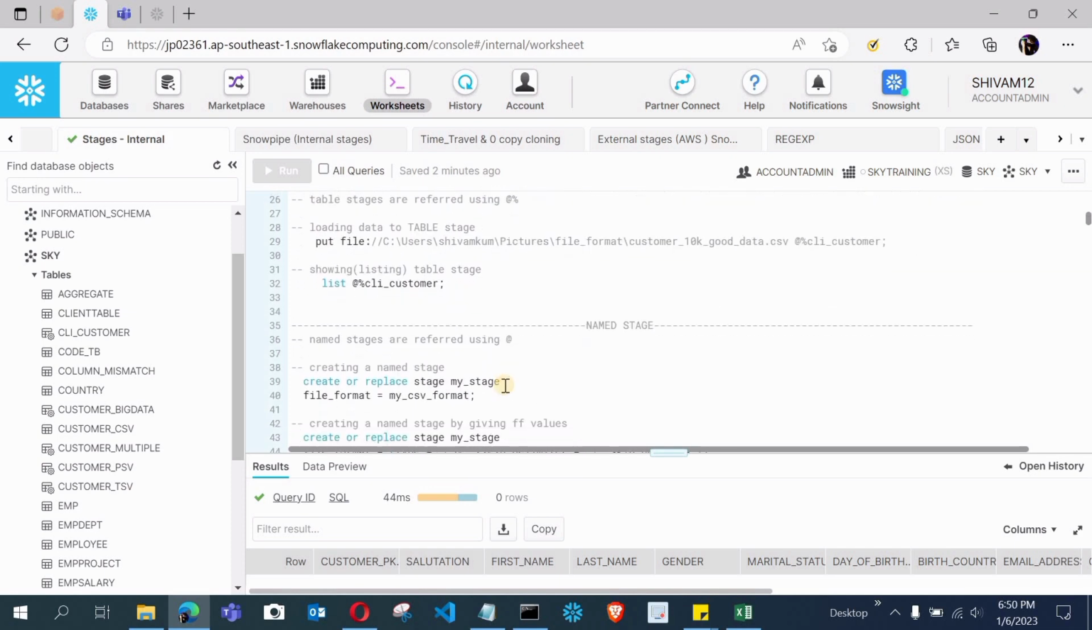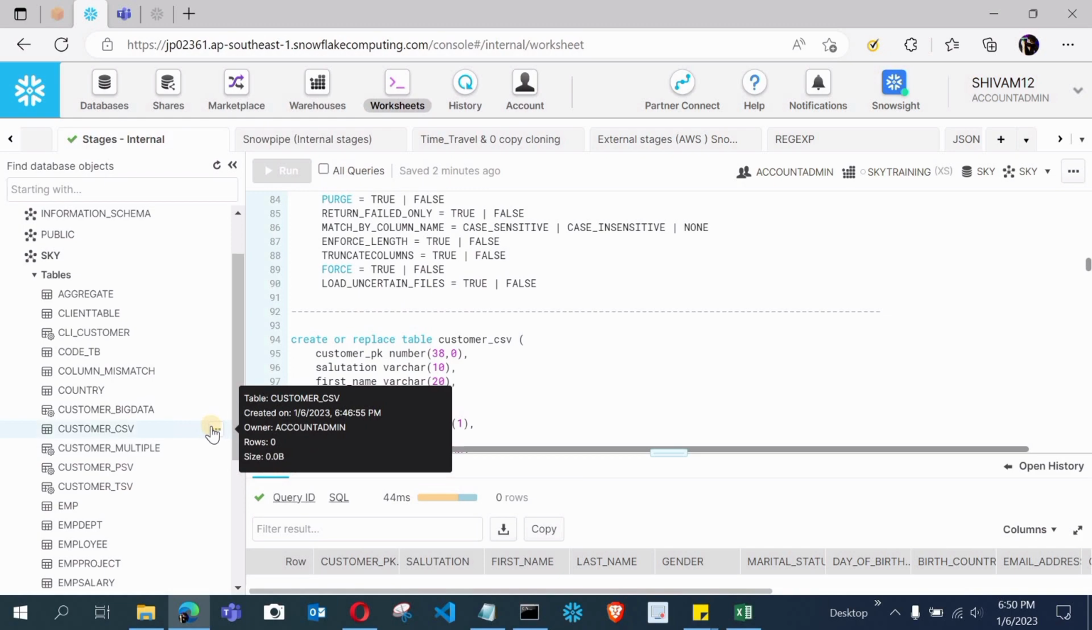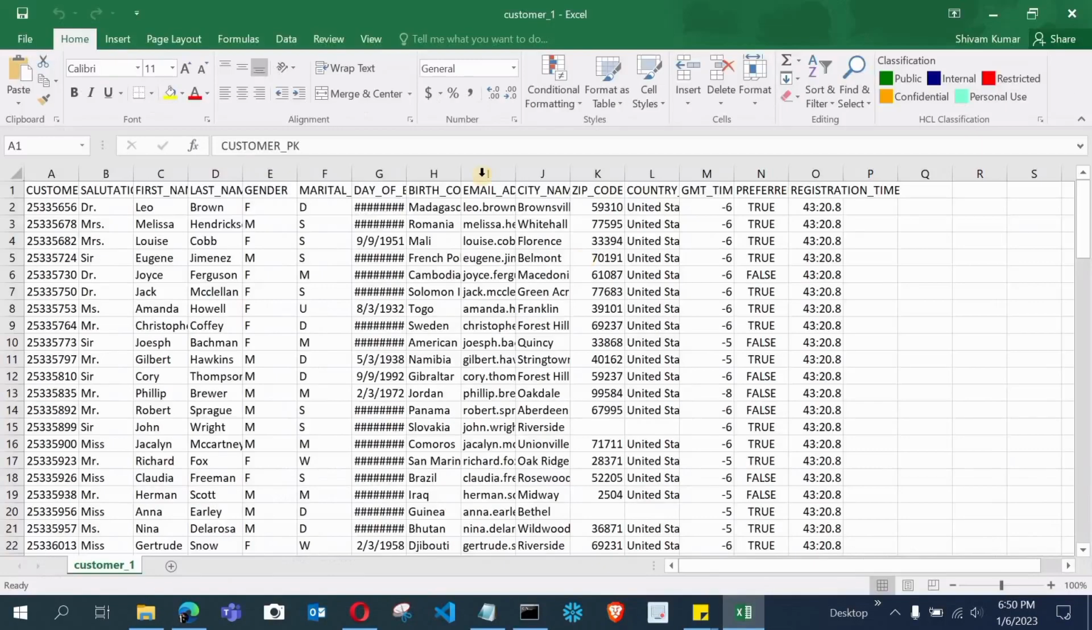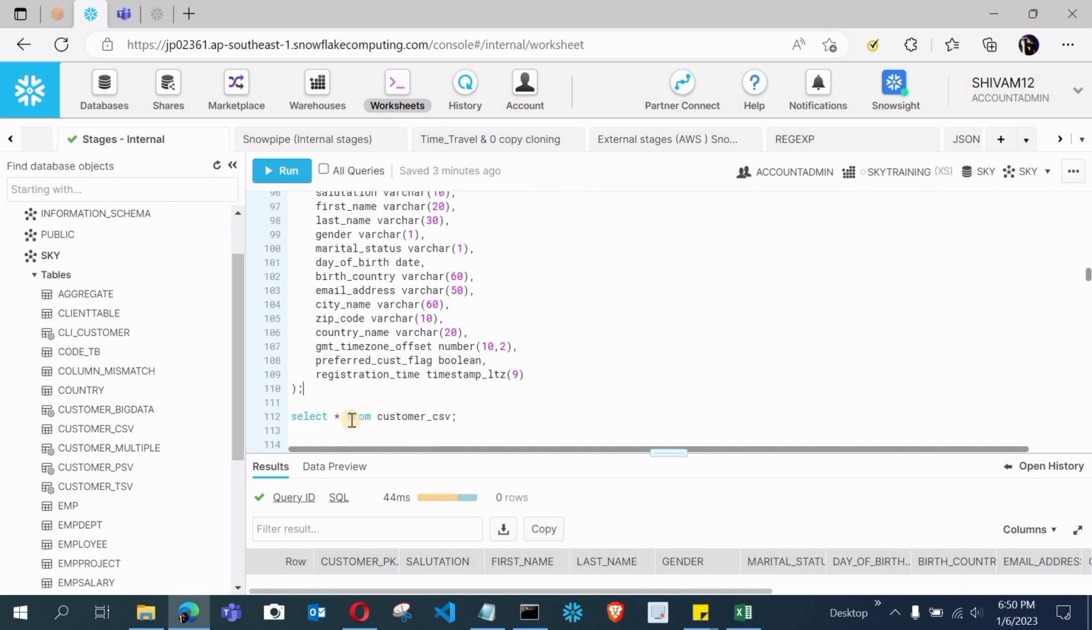Now my table is also ready. You can see this is my customer_csv table, and this is my customer.csv file, and I want to load this data into this table. For loading we have two methods. We will see the first method, the query part, first, and after that we will discuss the UI part later on. First of all,